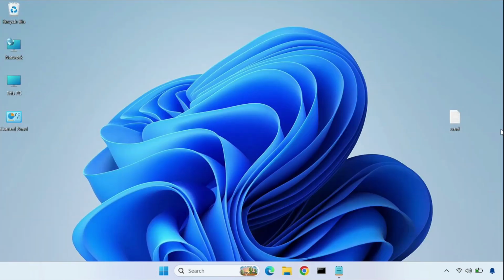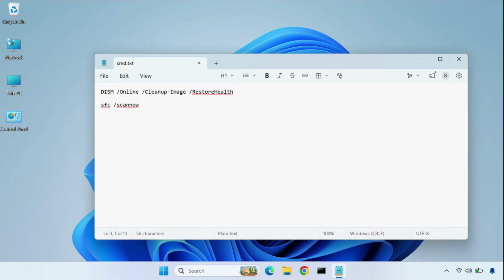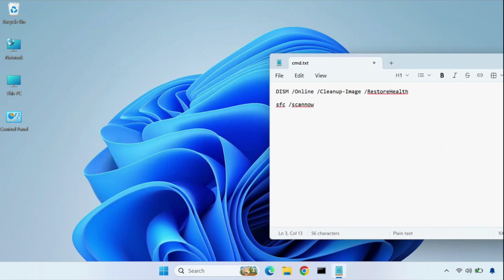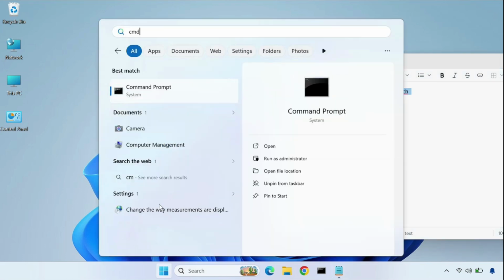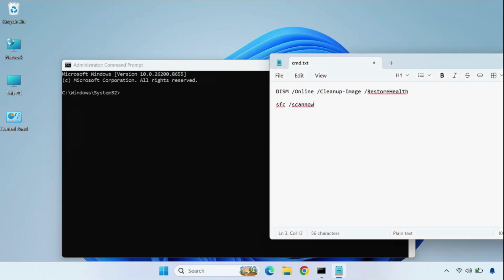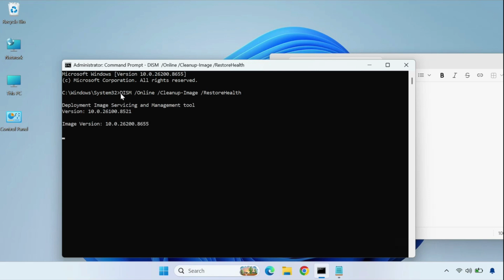Then last, it's very important for your system, so repair your Windows. Sometimes what happens is it gets corrupted, so two commands need to be applied one by one. So click Start, type cmd, right click to run as administrator, then take the first command and just right click to paste, and press Enter to apply. After that it will scan, 100% completed, then try the second one,